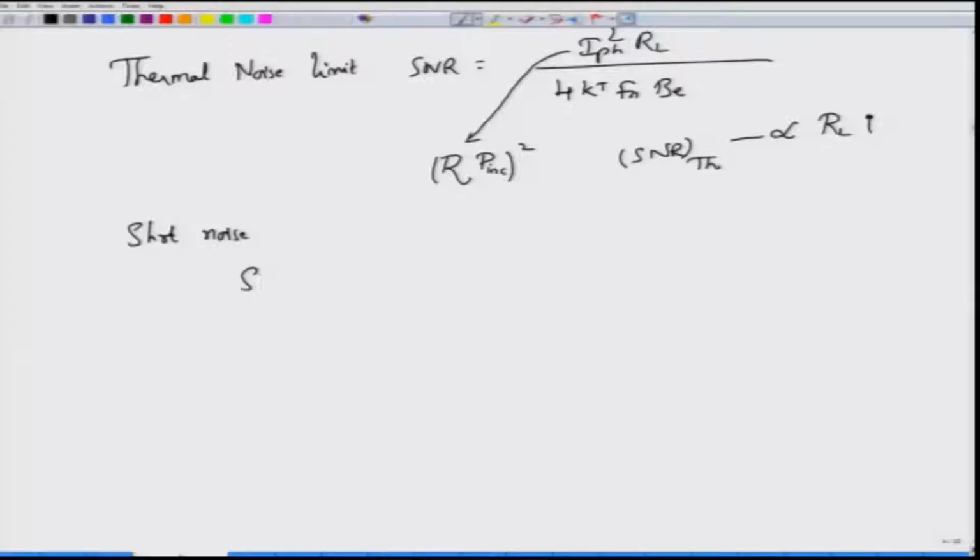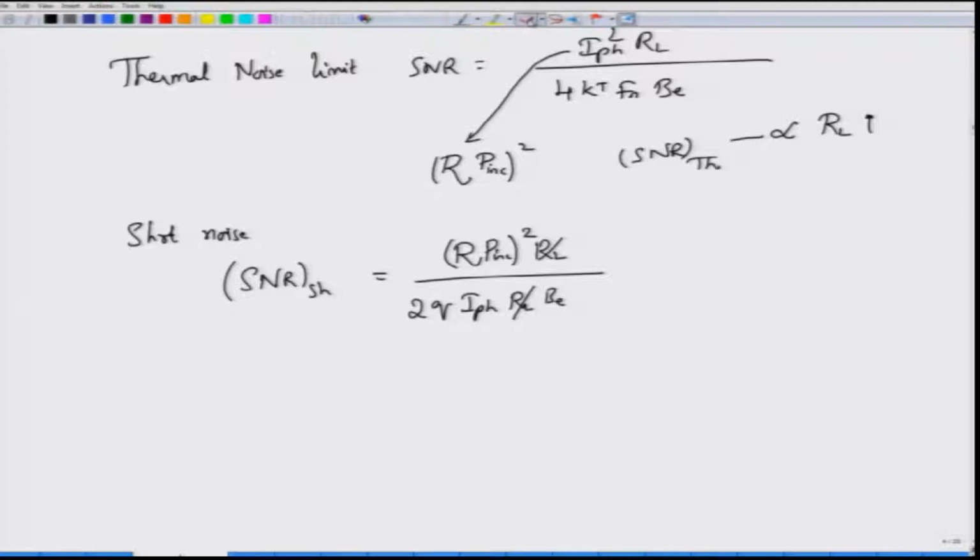Okay. So, in the shot noise limit the signal to noise ratio is given by the photocurrent, which is R into P incident, the optical power incident, times RL divided by 2q IPH RL into Be, right. So, here you can see that RL in the numerator cancels with RL in the denominator, so that is gone, and IPH in the denominator cancels with one of the IPH in the numerator, because IPH is R into P incident. So, this also cancels out and the square term goes away, and then what you get is